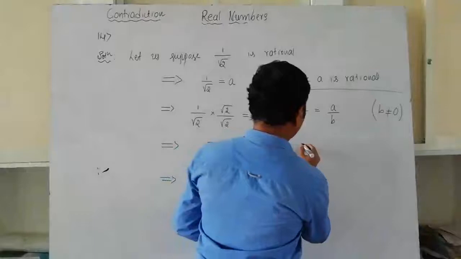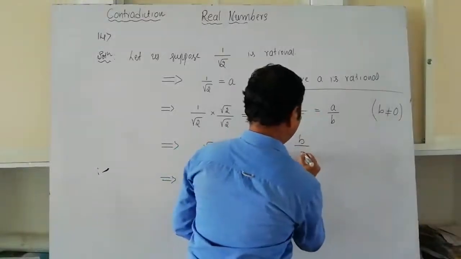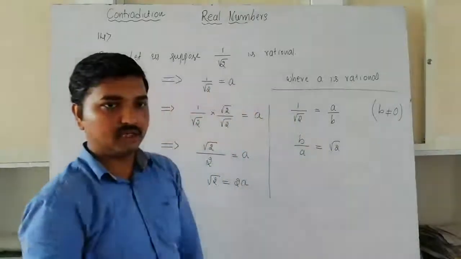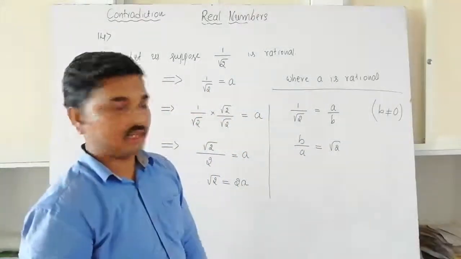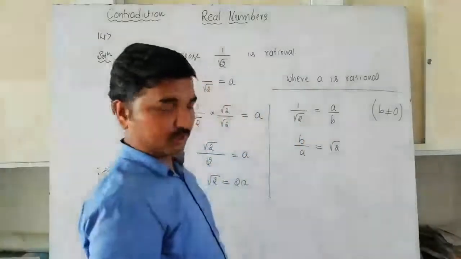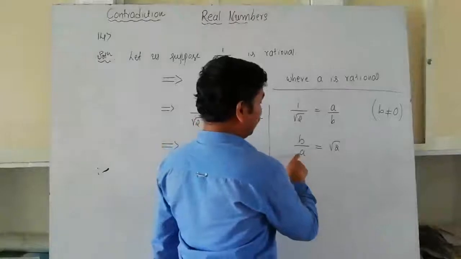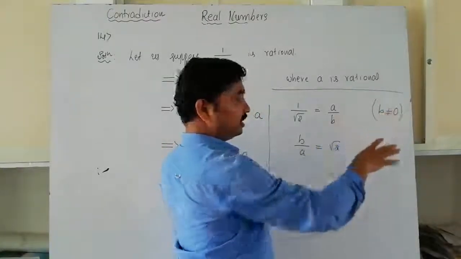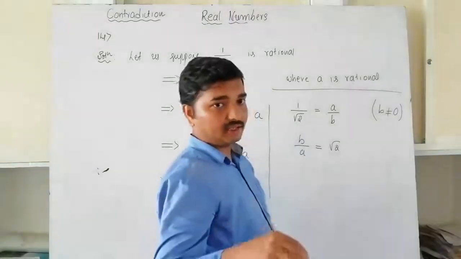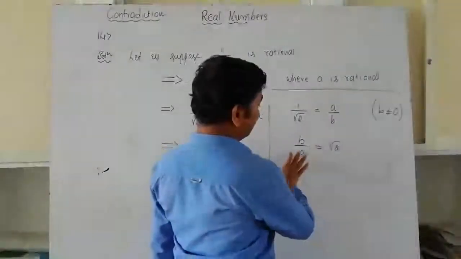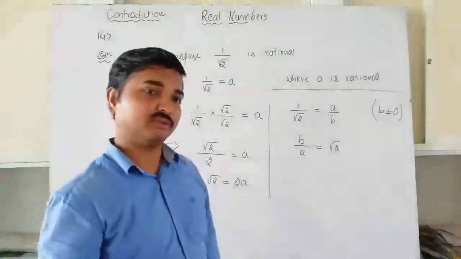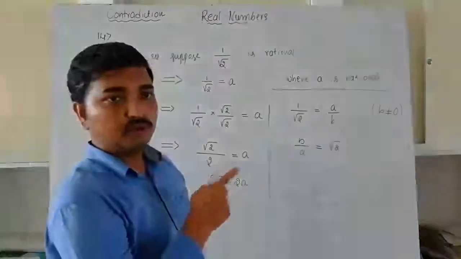So now if you cross multiply like this, b by a is equal to root 2, and then write the conclusion, then your solution is definitely wrong. This is because b by a, b not equal to 0, okay, no problem, but I told you there is no condition for a. I have not written that a should not be equal to 0. a may take 0. So if a takes 0, it will become a wrong representation of a rational number. So that's why here also you don't do like this.